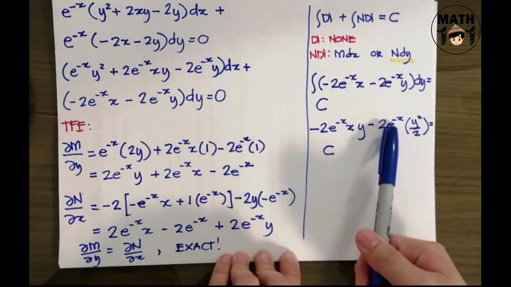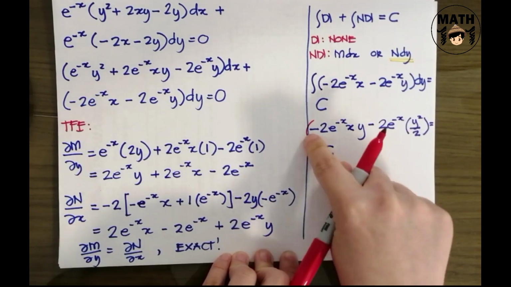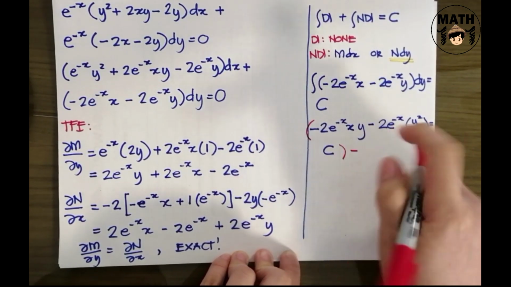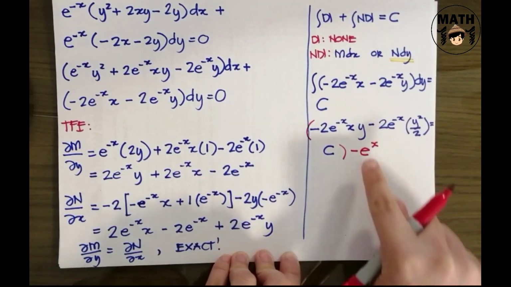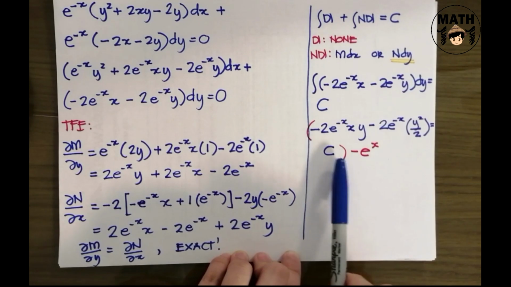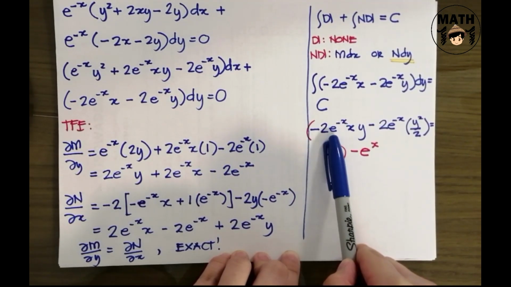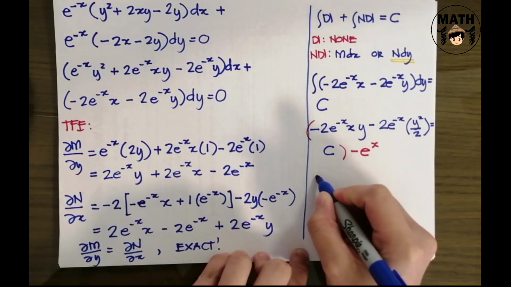I-multiply na natin yung buong equation by negative 1 para matanggal yung negative sign na to. And dahil may negative exponent tayo, tanggalin natin yon by multiplying this by e raised to x. So negative times negative, that is positive. E raised to negative x times e raised to x, that is 1. This is now